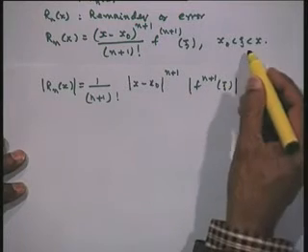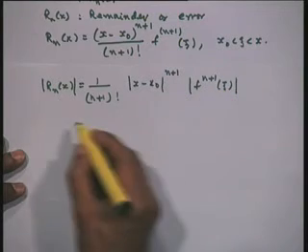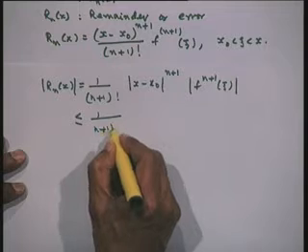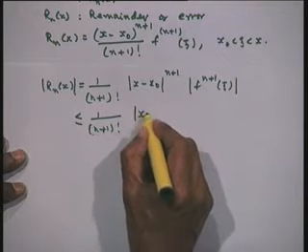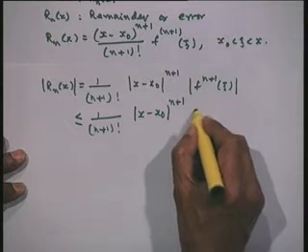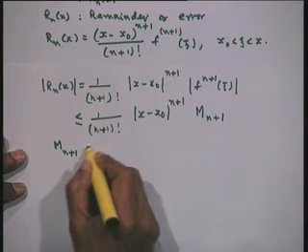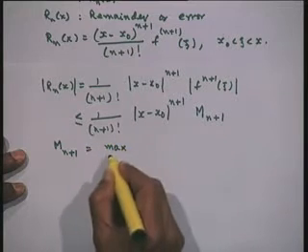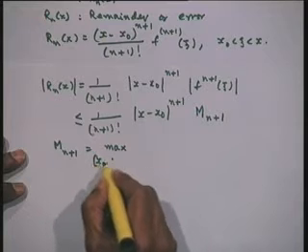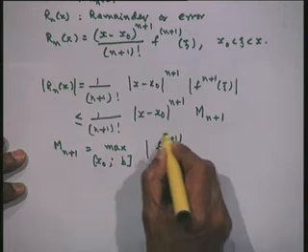Xi is a point which is unknown for us between x naught and x. Therefore, we shall replace this by its maximum value. So, then I can write this as less than or equal to 1 upon (n plus 1) factorial, magnitude of x minus x naught to the power of n plus 1, times M n plus 1, where M n plus 1 is the maximum over the given interval x naught to some b of f n plus 1 of x.